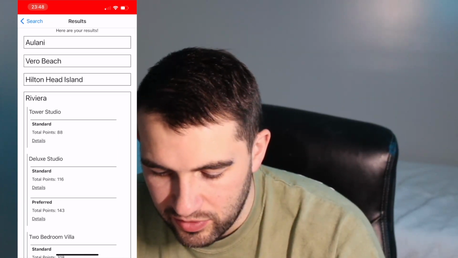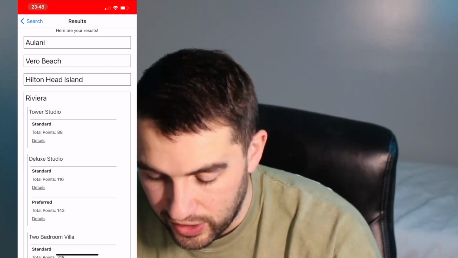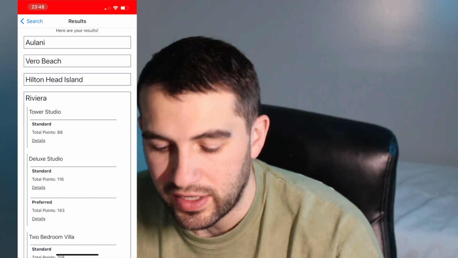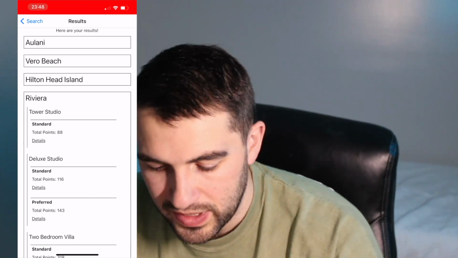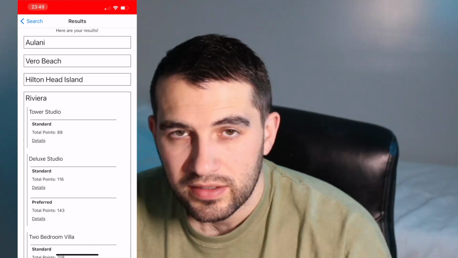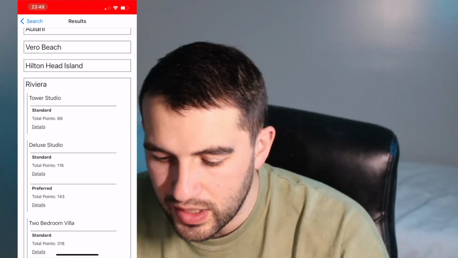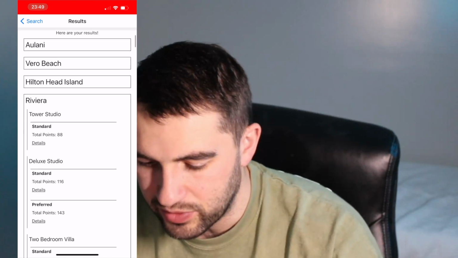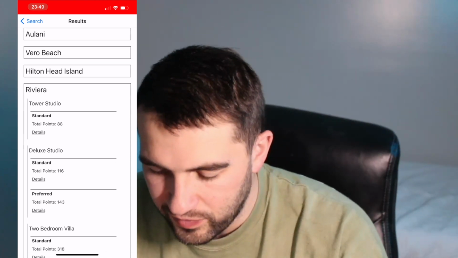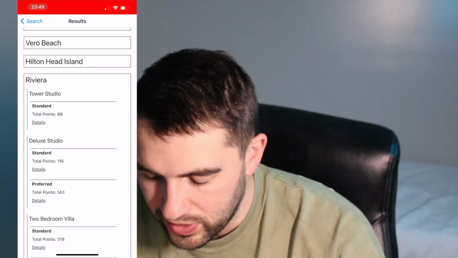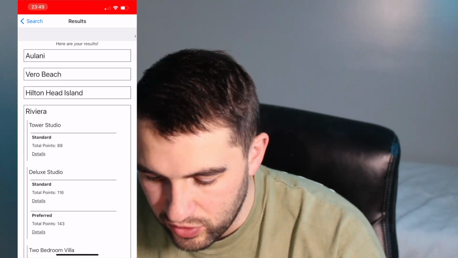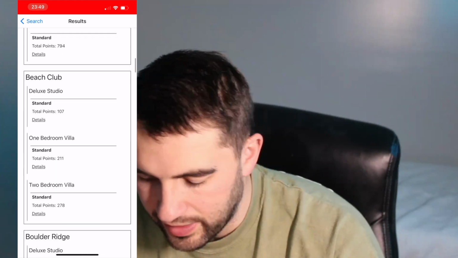you'll see the results here come back, and you can kind of see how it's broken up by resort and then room type and then view type. There's a minimal amount of style here to really break up the data, but yeah, this is basically it. You have your resort, your room type, view type, and then your total points, and then this also includes every other resort that I have data for